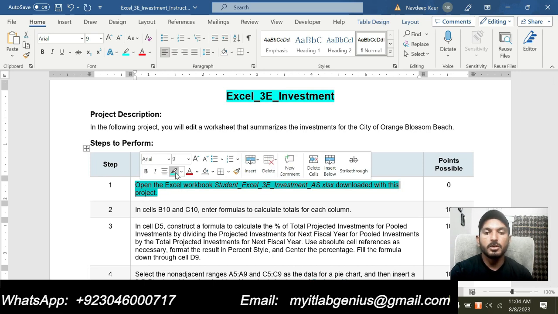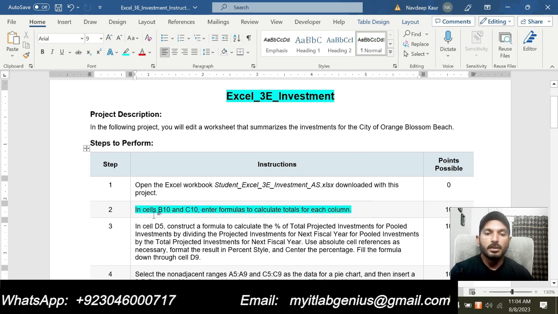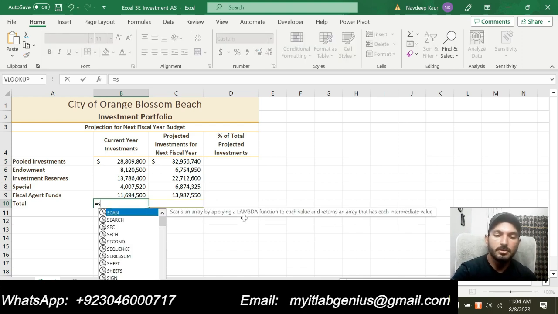Now let's move to step number 2, where the main part of the assignment is starting. Step 2: in cells B10 and C10, enter formulas to calculate the total for each column. This is B10, and this is C10, and we are supposed to calculate the total for column B and the total for column C, and we can do that by using the SUM function. The SUM function is always used to calculate the total for any given range. So we will use the SUM function,